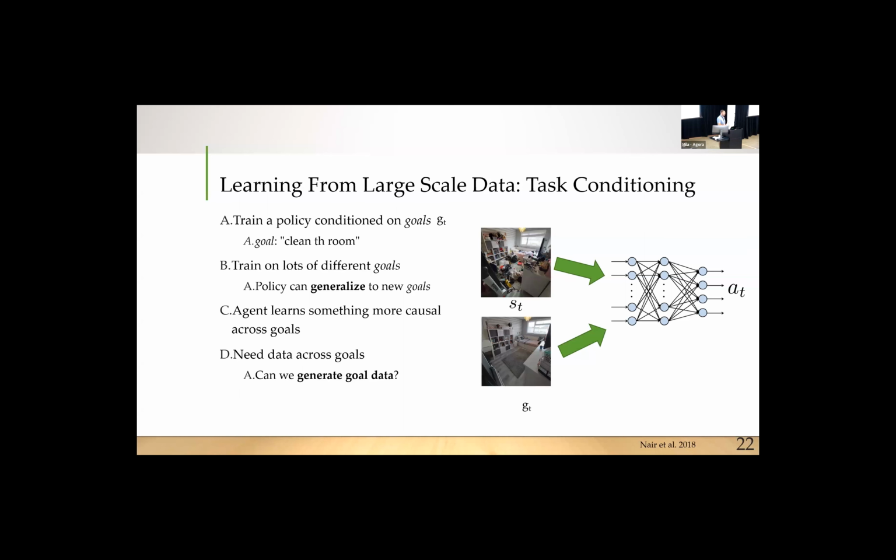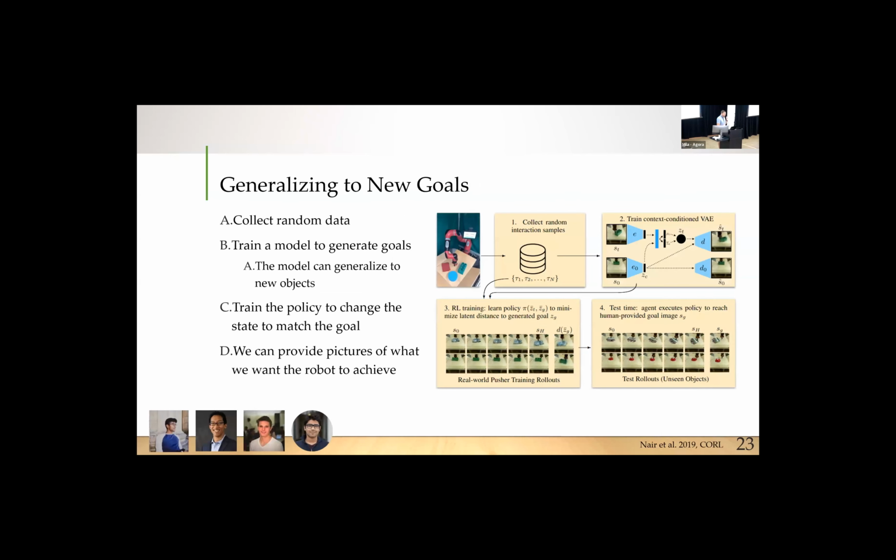Some of the caveats are that you do need to generate some additional goal data. If you don't have access to a bunch of clean and dirty rooms, you can use a model to generate clean and dirty rooms. Collect a bunch of data from the internet, generate what looks like clean and dirty, feed those into the policy, and then put it in an actual room. You just need to provide one clean picture of your room. Hopefully everyone in here has at least one picture of the room when it was clean, and you can use that with this agent to help it clean.